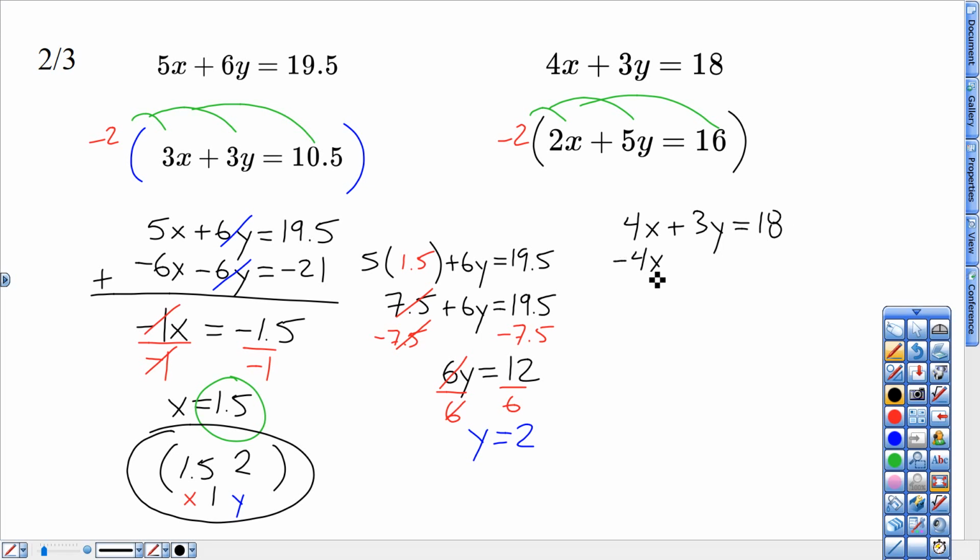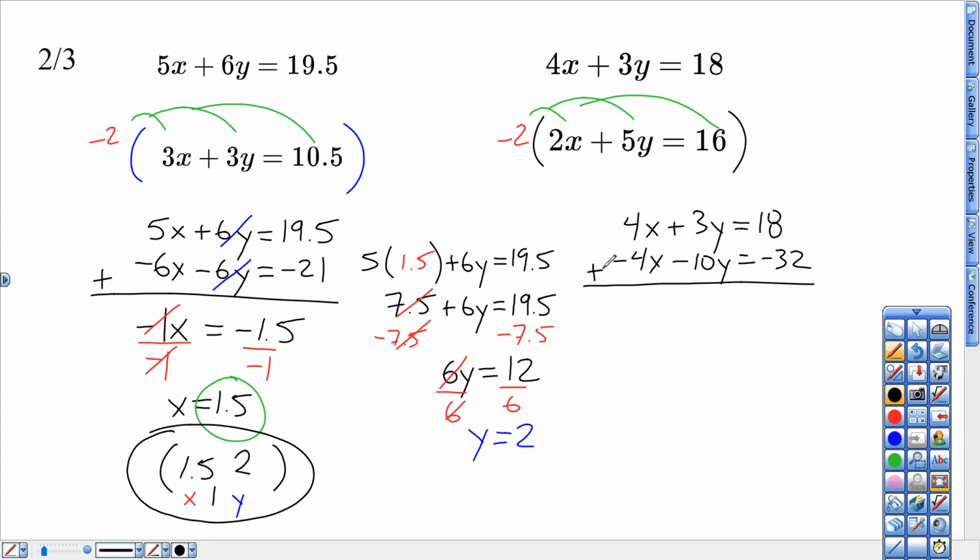After that triple distribute, gives me -10y, and then -2 times 16. Use my calculator, never trust my arithmetic. Gives me -32. Then right there, when I combine,